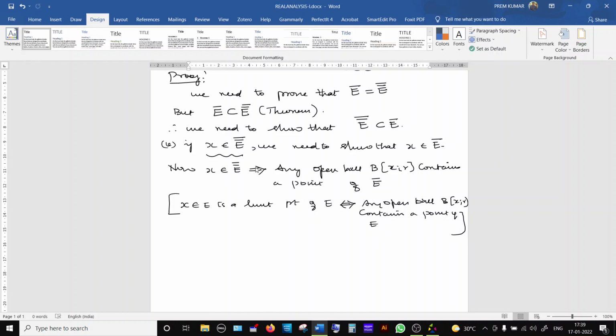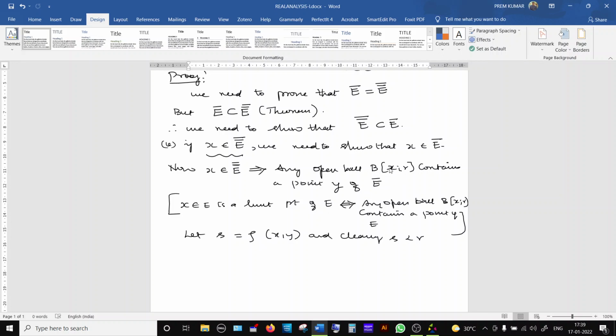So now x is an element of the closure of E bar, that is E double bar. So we are using this result. So this implies any open ball B with center at x and radius r contains a point of E bar. That point I will name as y. So it contains a point y of E bar. Let us assume that s is equal to the distance between x and y. And clearly s must be less than r because